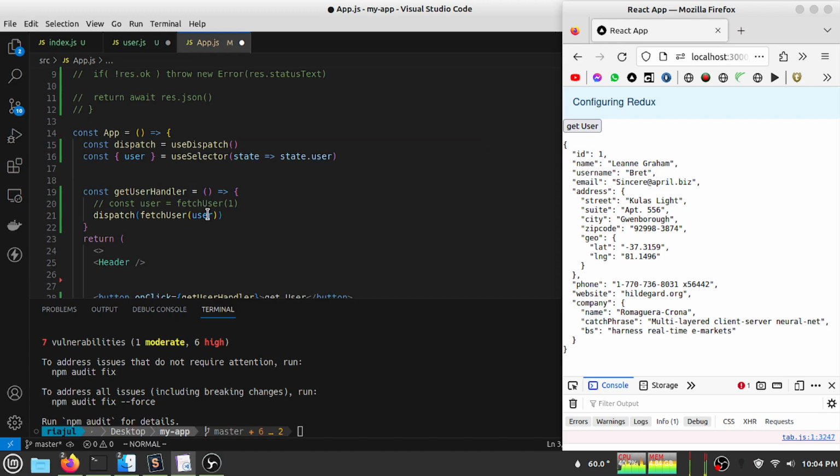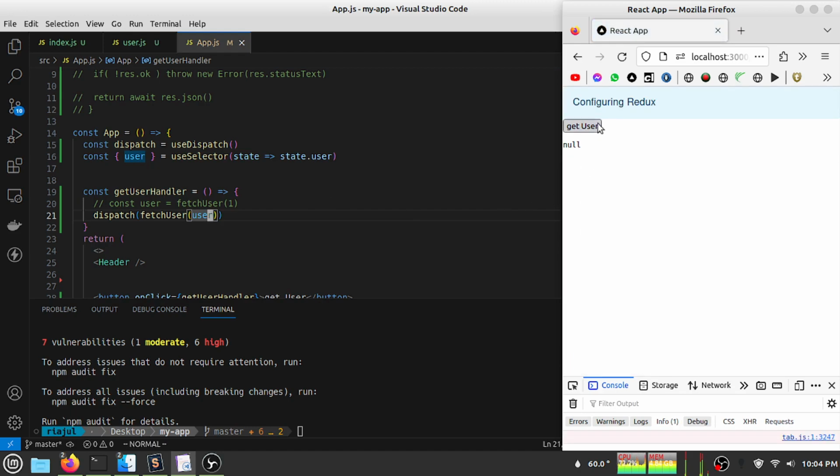Okay, now if I save my file, I will see the same result. If I click this button,